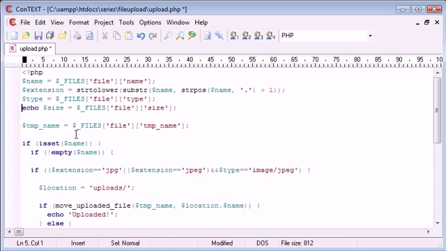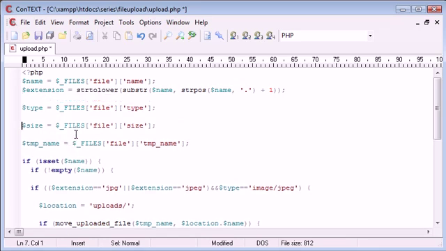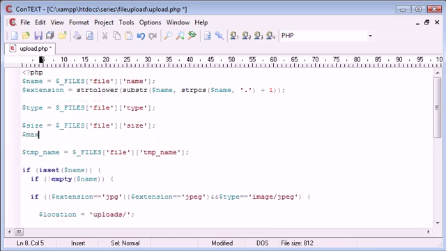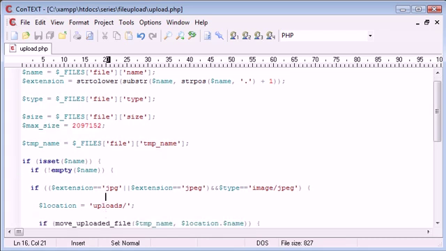As well as the extension up here, I now want to create a variable under size saying max size. So I'm going to make this equal to this number. Obviously we want to pull in the spaces so we've got it as an integer. So the max size is this. So we need to now perform a simple check to see if the size is less than or equal to the max size. So what we're going to do is modify this here,